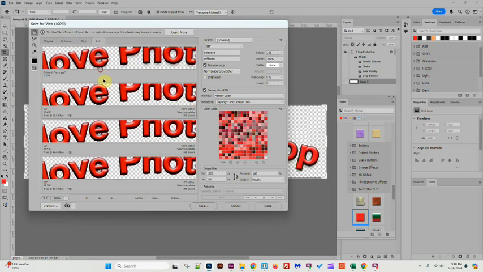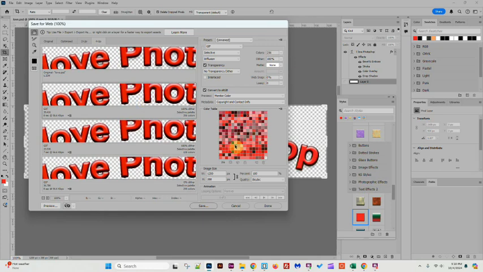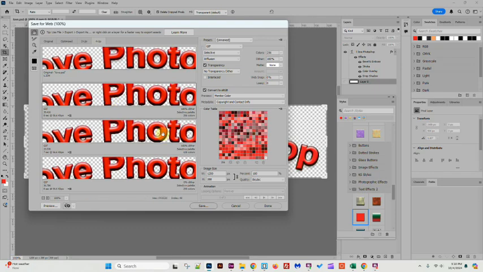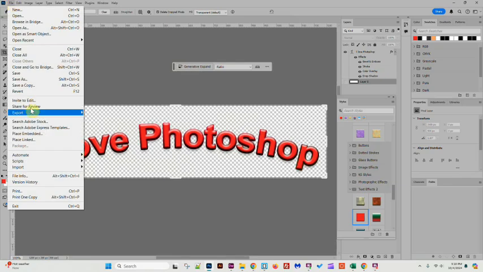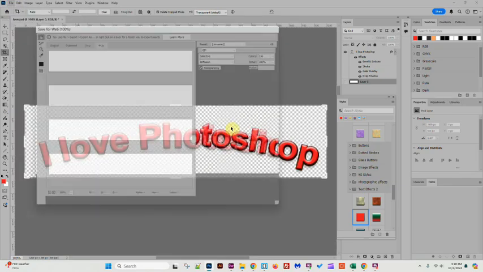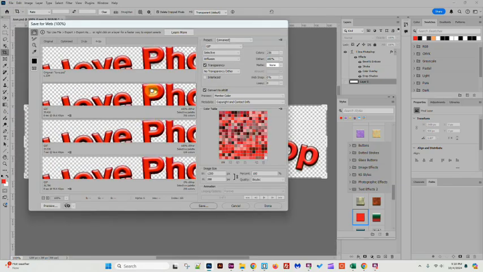GIF, like I said, most popular, 256 colors. I tried optimizing it a little bit better with 128 and it got worse, so I definitely didn't want to do that. And let's do export of